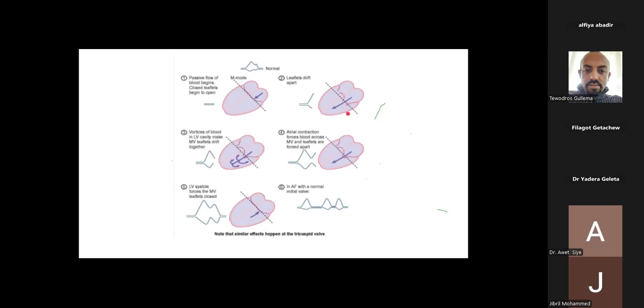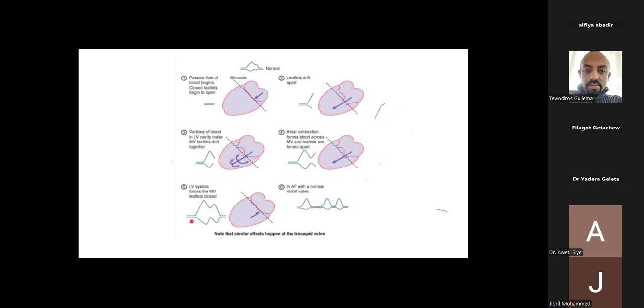so what does it do to the leaflets? They will open wide apart, since the volume has entered. As the volume continues to fill into the ventricle, the volume and the pressure in the ventricle increase, as you see in this picture, and the leaflets will be in a semi-closed position. Previously they were wide apart, now they will be in a semi-closed position. The volume and pressure are pushing them, as you see in the picture. And now when the atria contract, they will be in a semi-closed position.